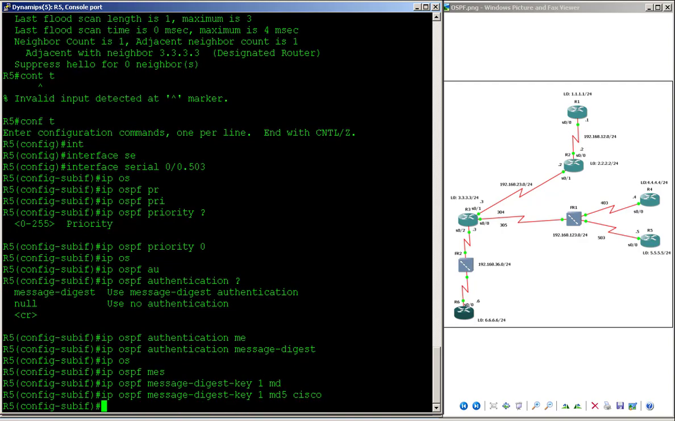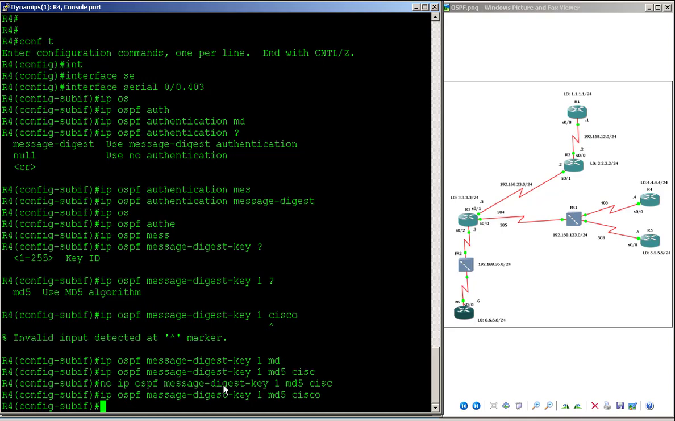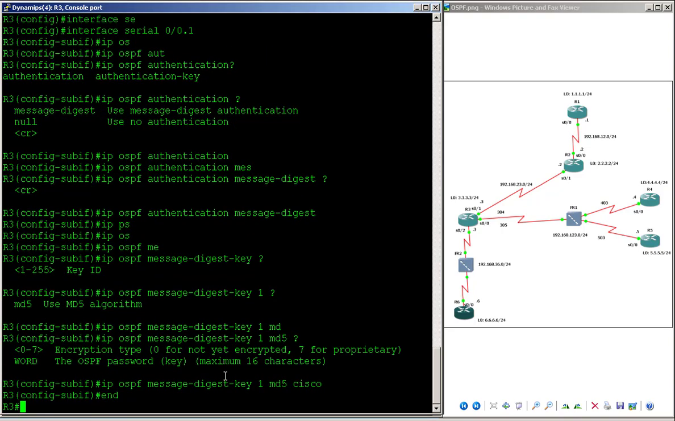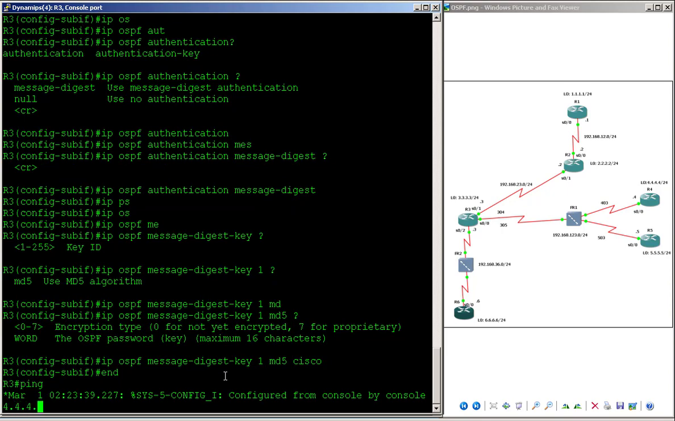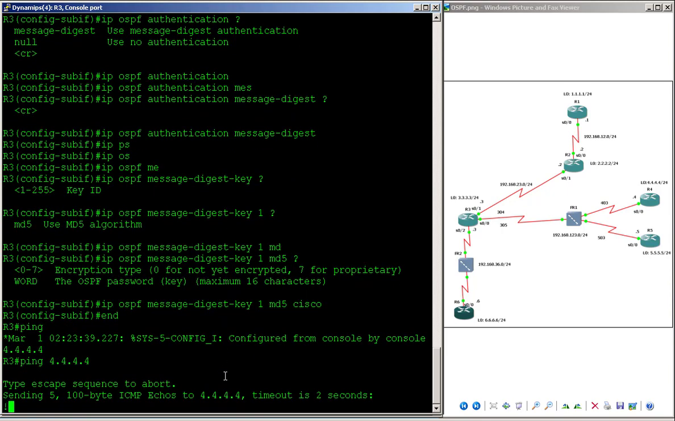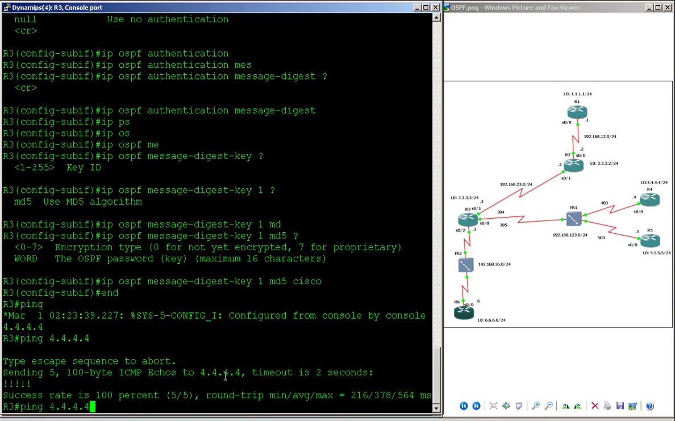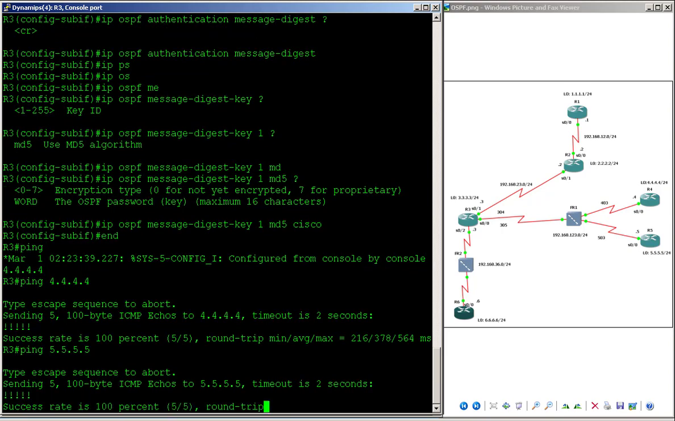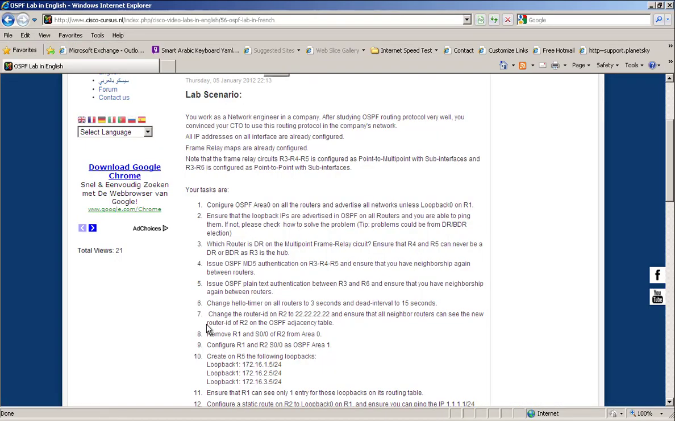Alright, now if I go to router 3 and I ping 4.4.4.4, okay, I still have replies. 5.5.5.5, I have replies, so everything is well. Alright, then